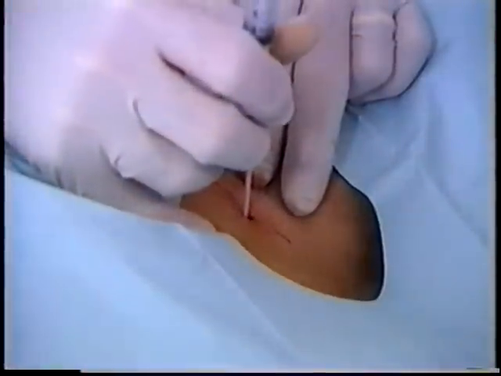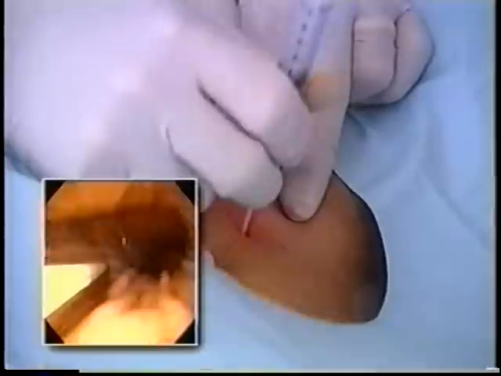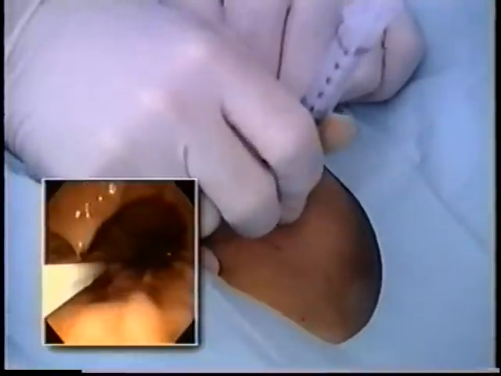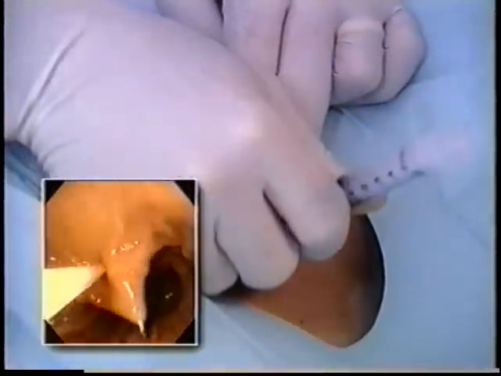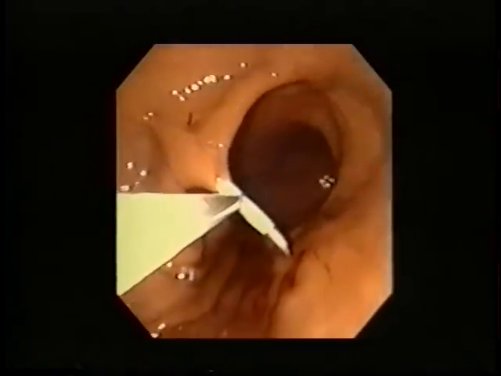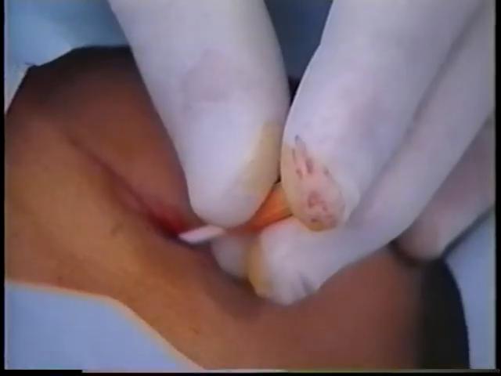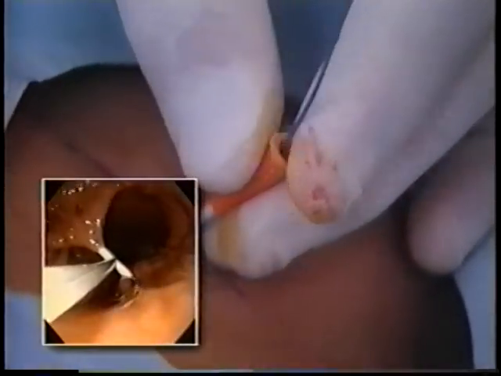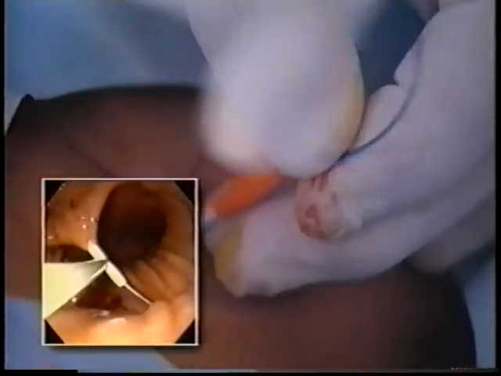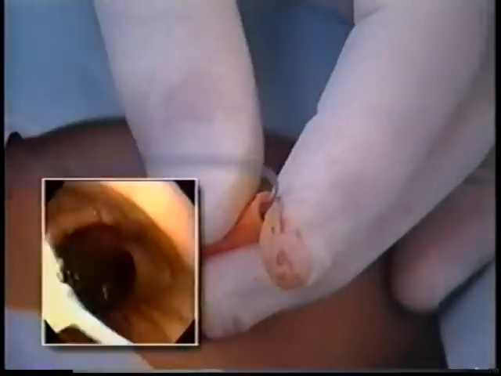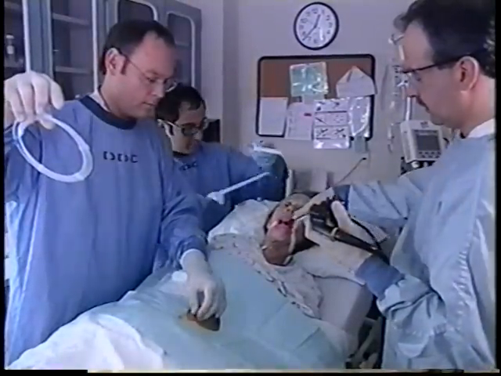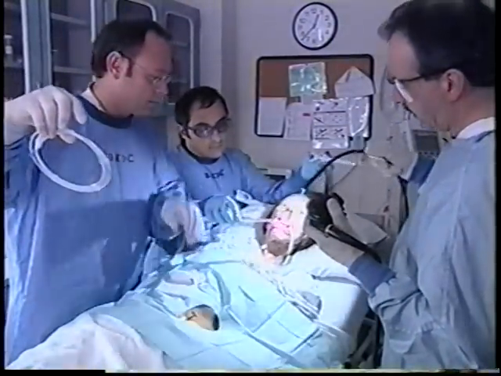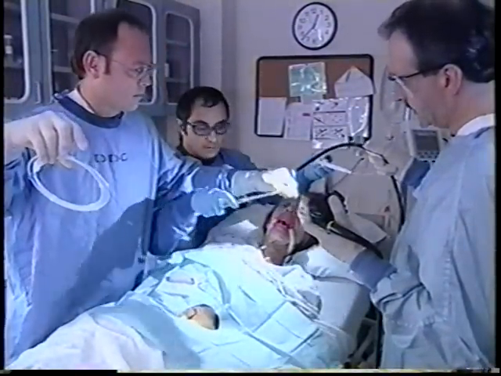The needle cannula assembly is inserted through the incision into the stomach under direct endoscopic visualization. The snare is closed around the cannula and the needle is removed. The looped insertion wire is passed through the cannula into the stomach. The snare is loosened from the cannula and tightened around the wire. The wire, snare, and endoscope are removed together from the patient, and the wire is removed from the snare and